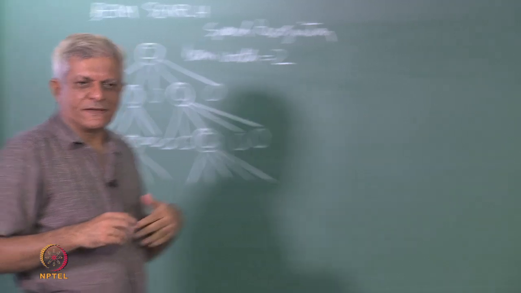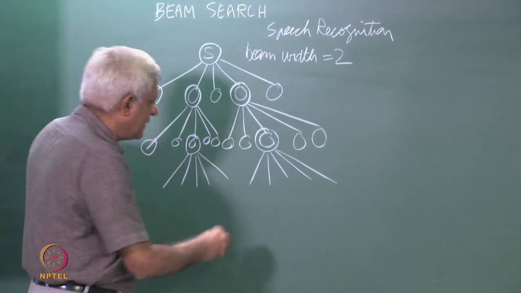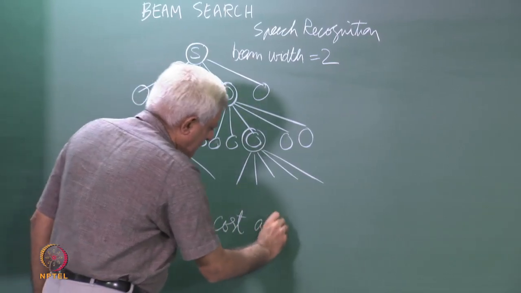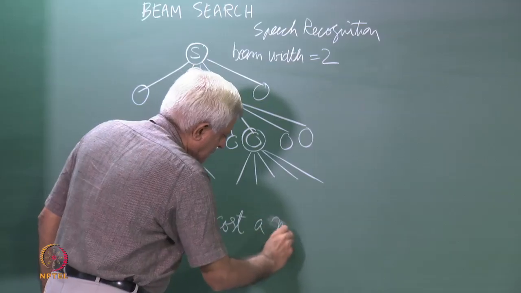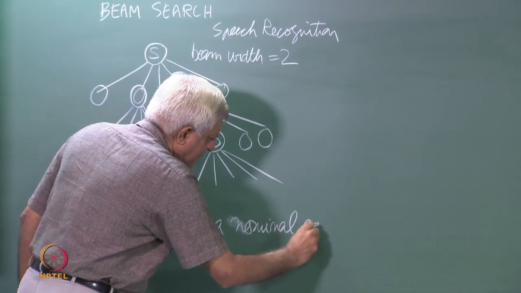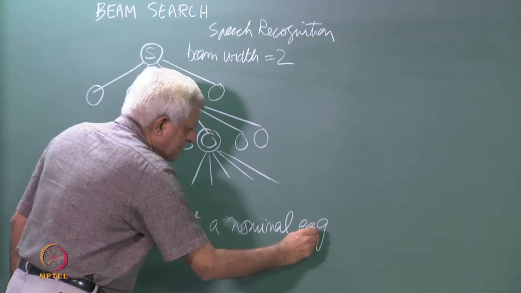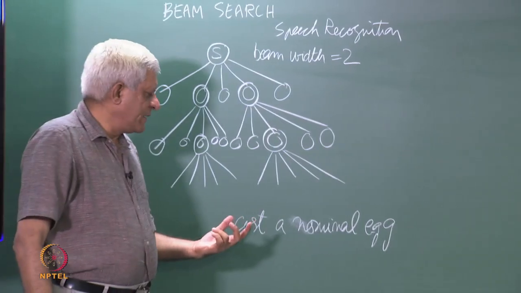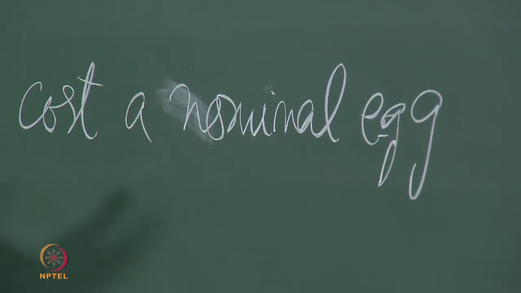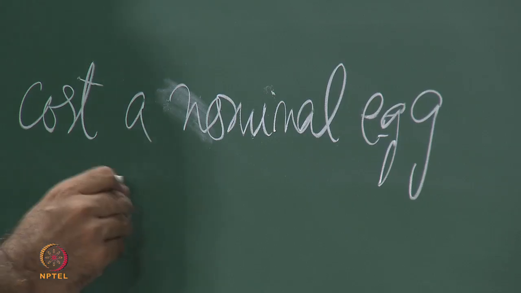What did the listener hear? The listener thought that the woman is saying that everything here costs a nominal egg essentially. But what the woman was actually saying was